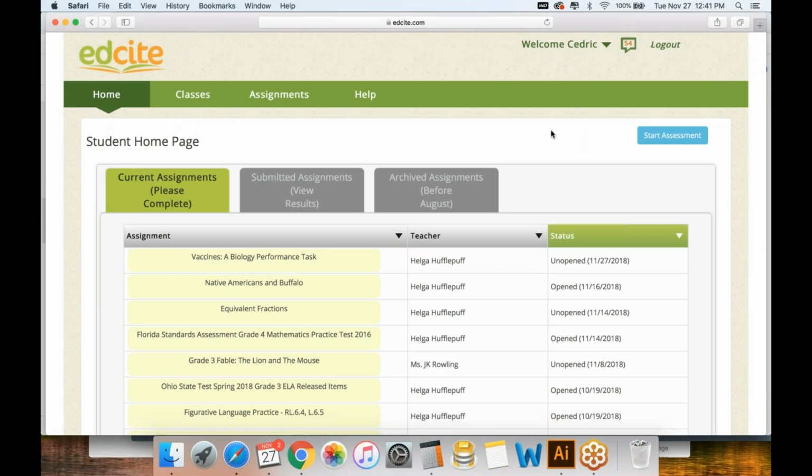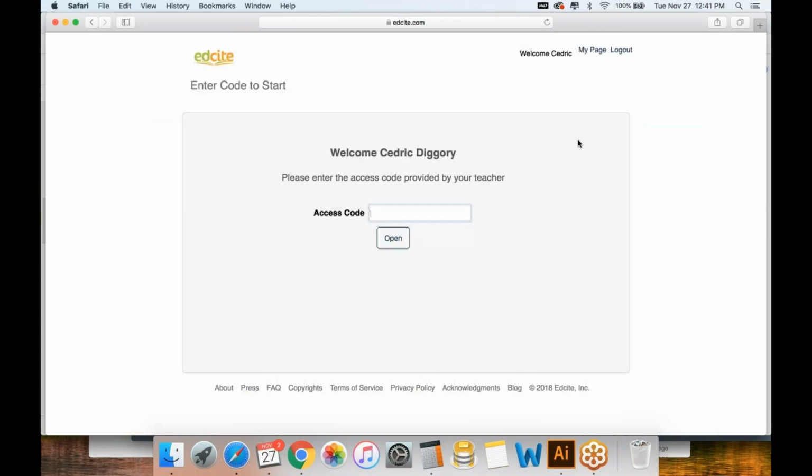And let's say that this school, Hogwarts, decided to give a common assessment. They are, let's say, in Ohio. So they use an AIR test. And so they want to have that AIR look and feel. And so you're able to align the experience even from the way that students access the assessment. So I can direct students to click Start Assessment up here, and it's going to take them to the access code, which is very similar to what they're going to see at the end of your state test. I should be able to enter my test code, go on in and get started.